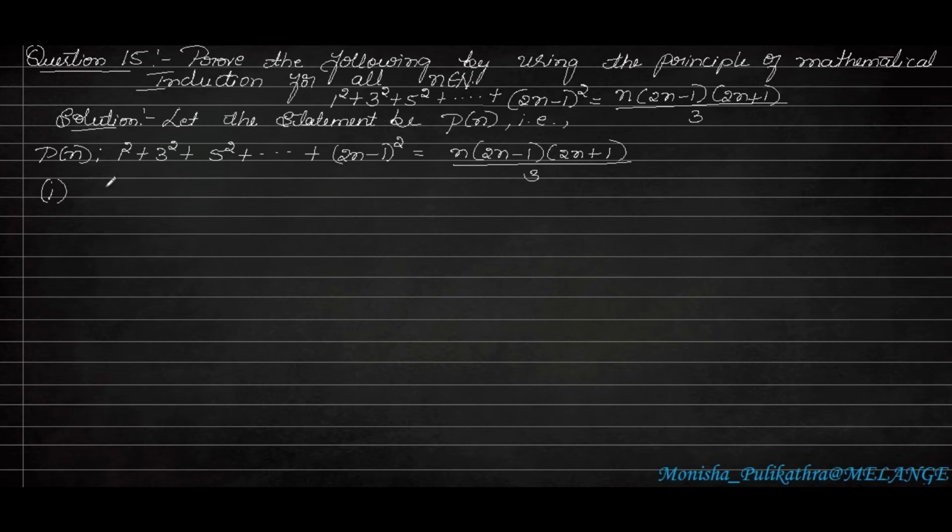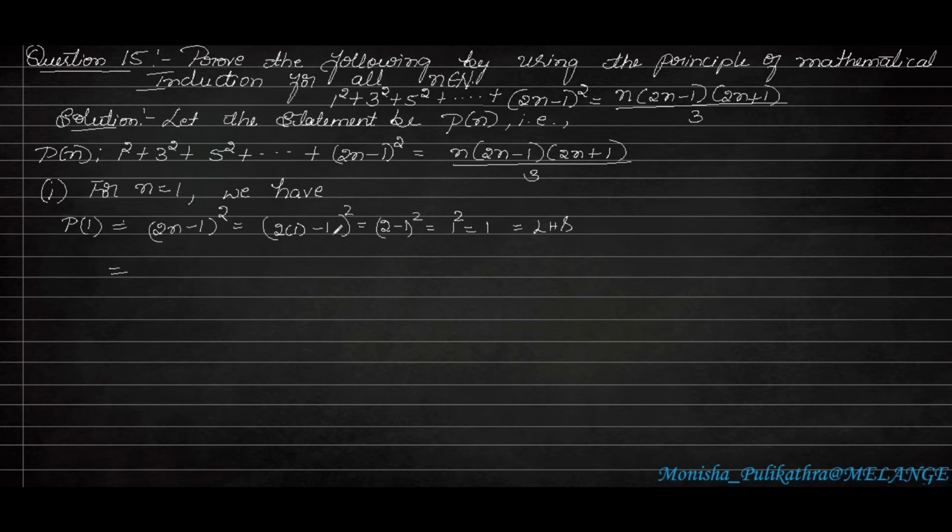So in the first step, we have to take n is equal to 1, so in the place of n, we have to substitute 1 here. So P of 1 in the series, the last term will be 2n minus 1 whole square. So we have to take that 2n minus 1 whole square. In the place of n, we have to substitute 1. So 2 into 1 minus 1 whole square, that is 2 minus 1 whole square. 2 minus 1 is 1 square, which is equal to 1. So this will be LHS.